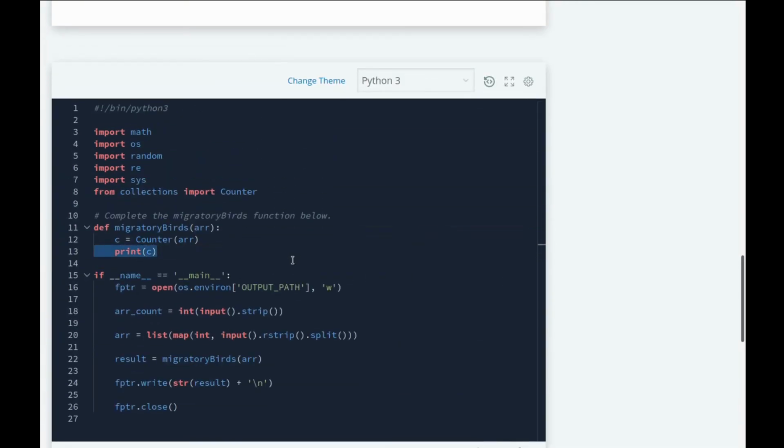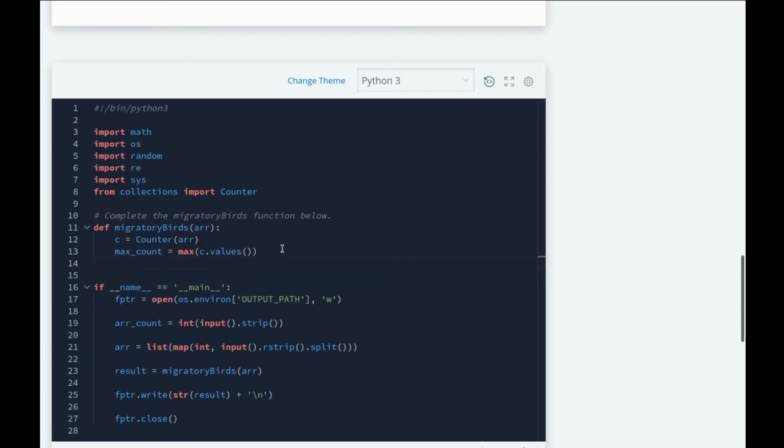So first let us find the maximum number of times a number is repeating, the max count. For that, we're going to use the max function, and we are passing it c.values. Counter is basically a subclass of dictionary. It inherits from dictionary, so we can use almost every method that you would use with a dictionary, and one of them is c.values. It just gives you a data structure similar to a list of all the values, and values are basically just the counts. So through this we can find the maximum count.